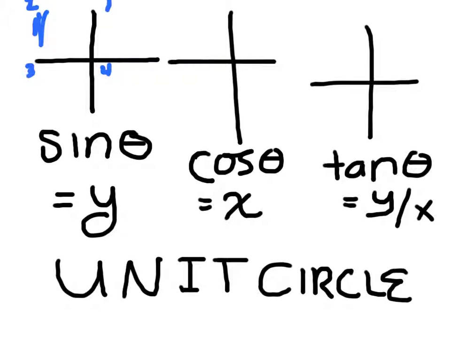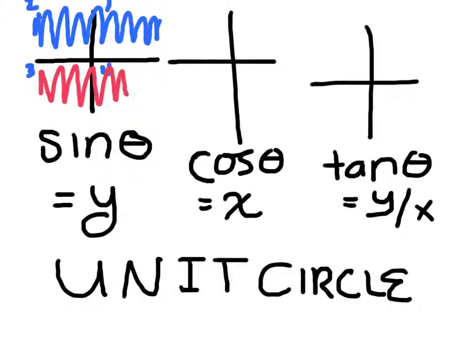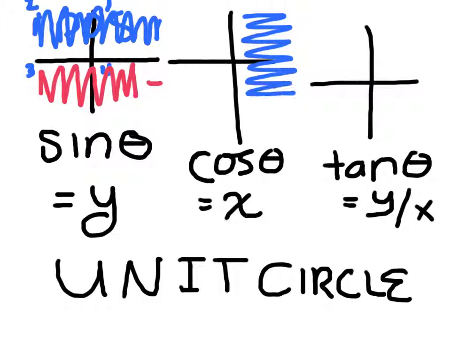So the sine is positive above the x-axis, and the sine is negative below the x-axis. So negative sines, positive sines. Cosine is the x value. X values are positive over here, so the cosine will be positive in these quadrants, and the cosine will be negative